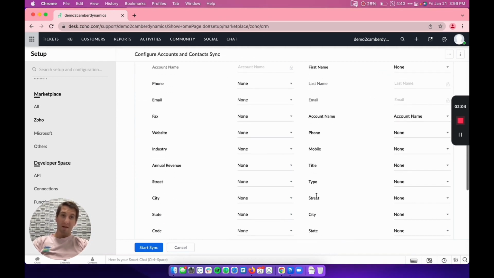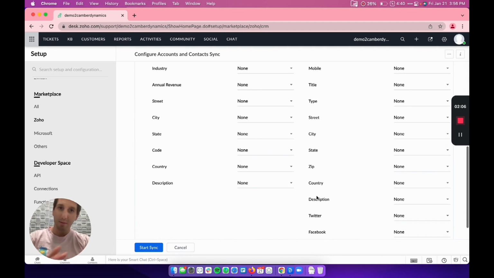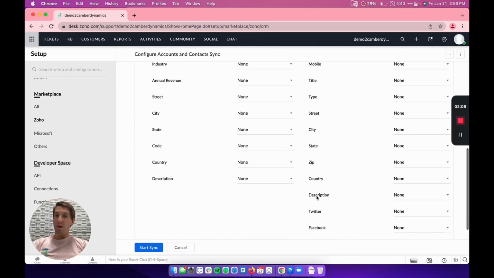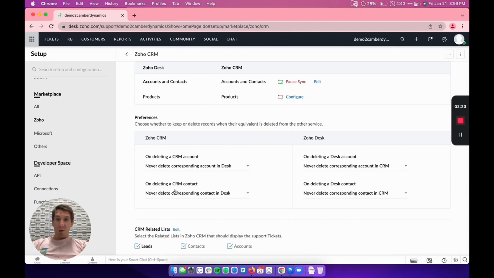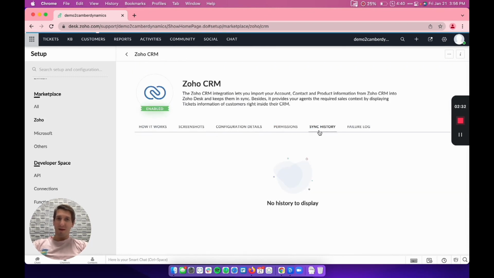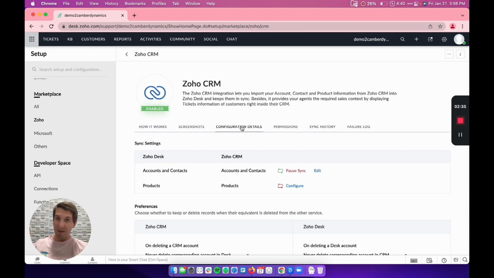There's field mapping that's available. Realistically, you can handle this if you even want to map those fields together. Again, we're syncing the accounts module and the contacts module between the two. And then I'll just go ahead and click start sync. You'll see there's some other preferences that you can think about. There's related lists in the CRM that will show Desk tickets. Like there's a lot of this stuff, but all you really need to think about is you're going to have